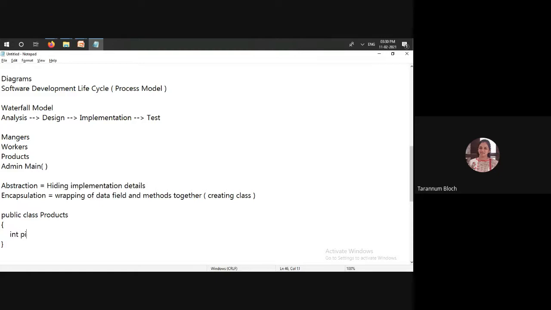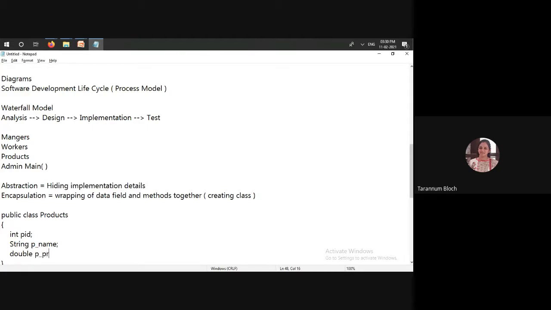Integer product ID, we'll say, string product name, and we may have double product price, right?